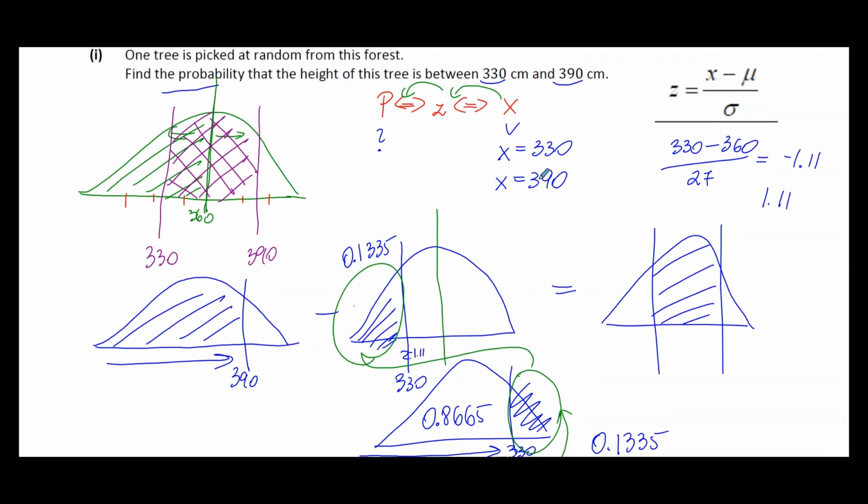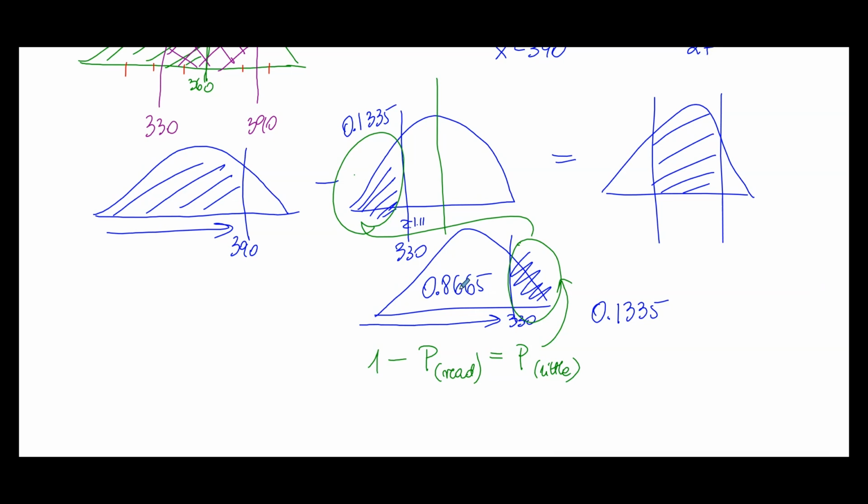So again, this time we are subbing into my formula 390. So 390, and again, we put that in the calculator, we press equal, and what do we get here? That is 1.11. Okay, so that is the value that we just found, 0.8665. So those are the two values. So from 0, all of that area, take away that little area, put that in my calculator, press equal, and I get